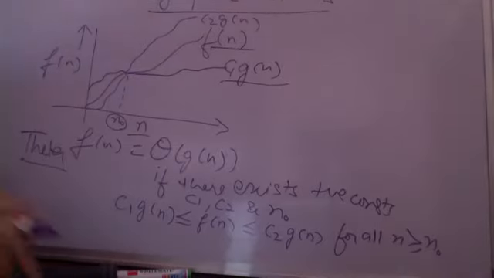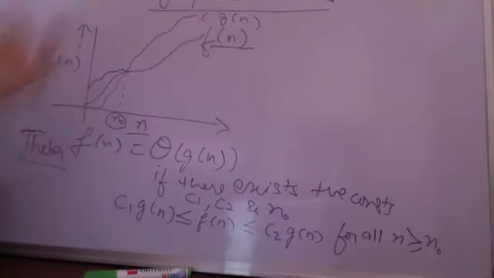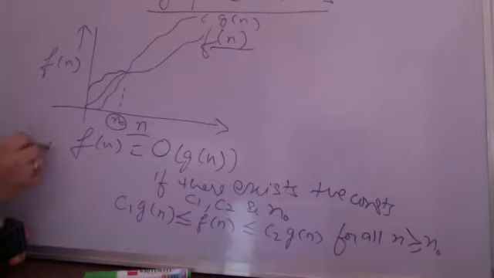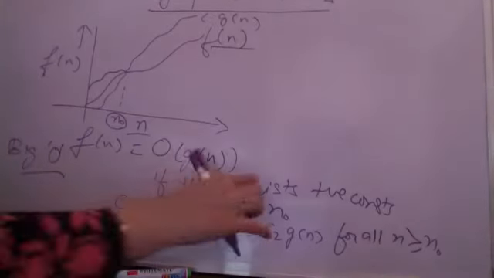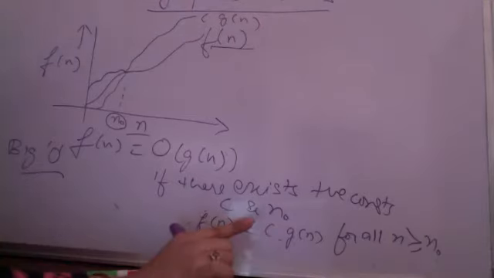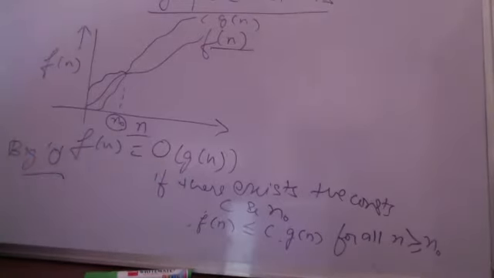This is theta bound. Now, in case a function only bounds the function from above and there is no lower bound on it, in case there exists a function which is only giving me an upper bound, it is known as big O notation. That means there exist a positive constant c and n naught such that f of n is always less than or equal to c times g of n for all n greater than or equal to n naught, then it is said to be upper bounded by the function g of n. Is that clear to all? Yes, ma'am.